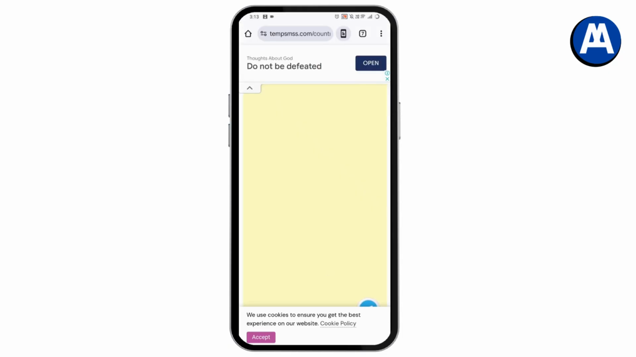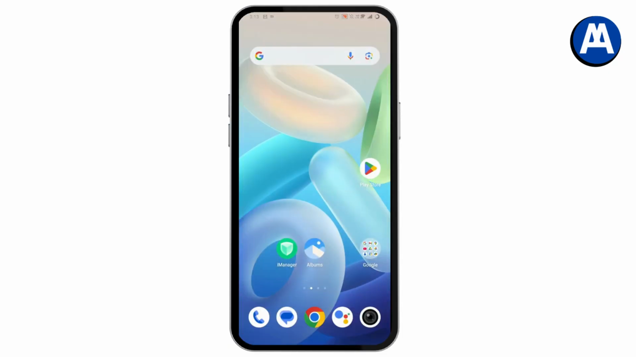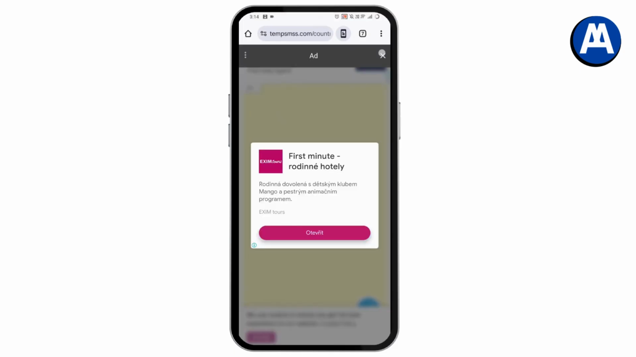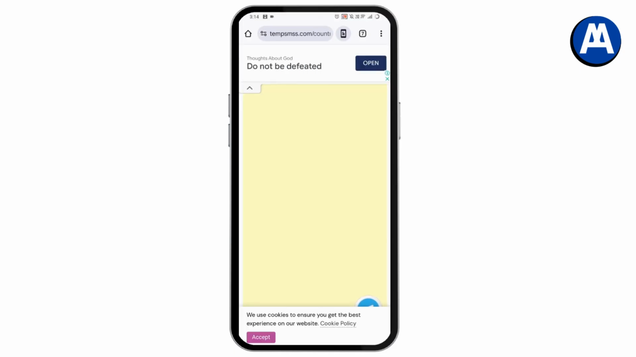And after that, go to your WhatsApp and paste that number. Once you've pasted, go back to this page and you will have your code right here. And you can also copy the code and paste it right there. That's how you can get free UK